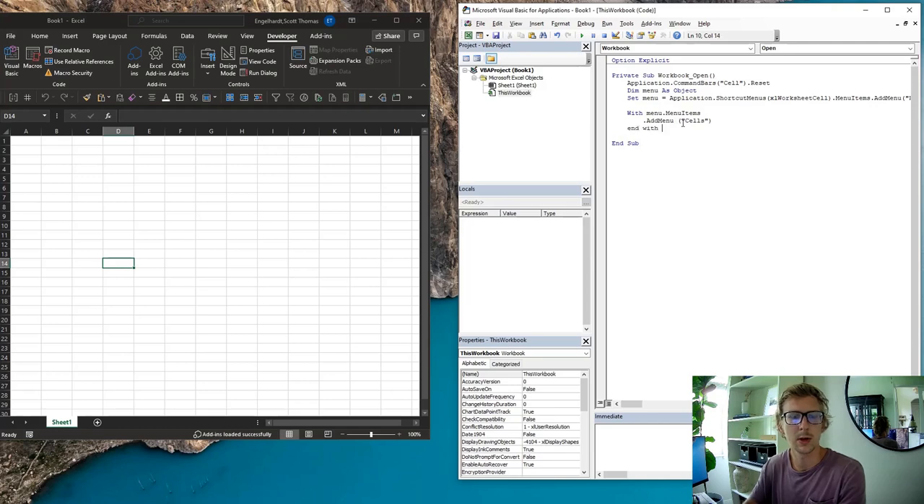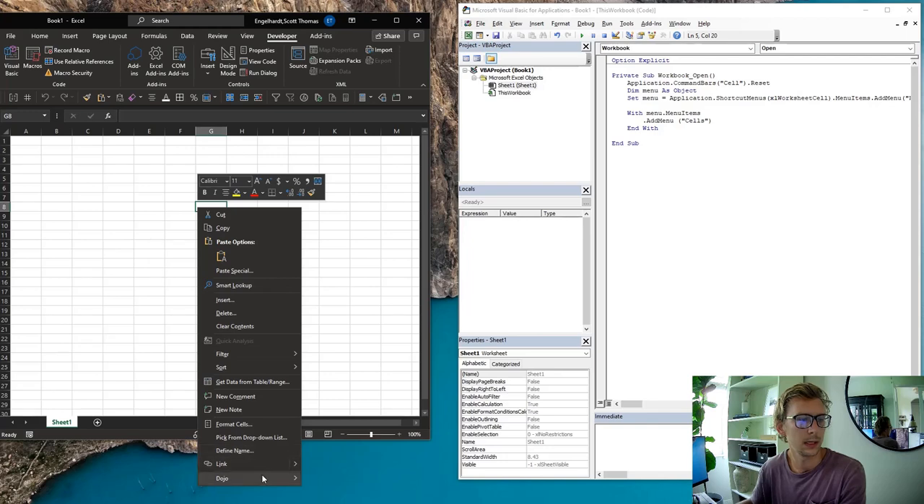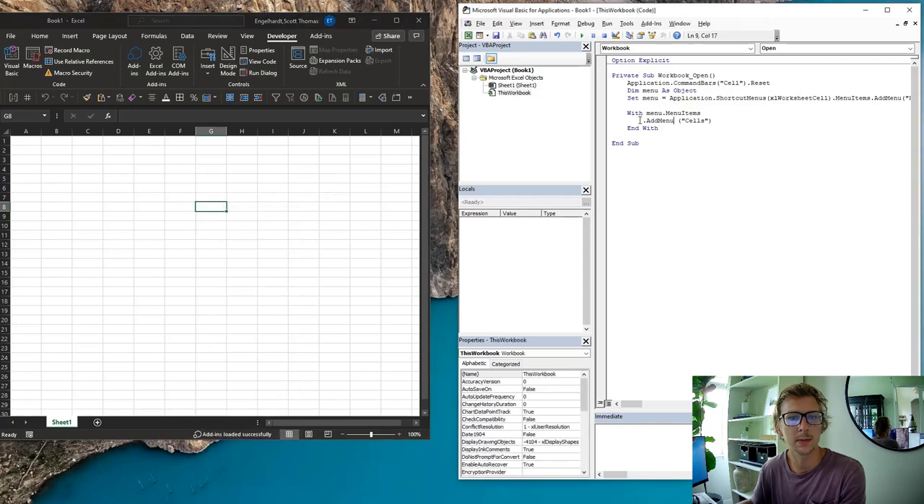So if I was just to kind of see this happen again, press play. Now we have Dojo, now we have cells, nothing there. So now under the cells, we need to start adding our menu items. So to do that, we would need to do the cells menu, we would need to do an add menu